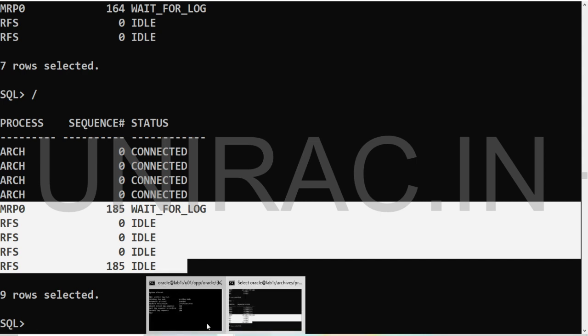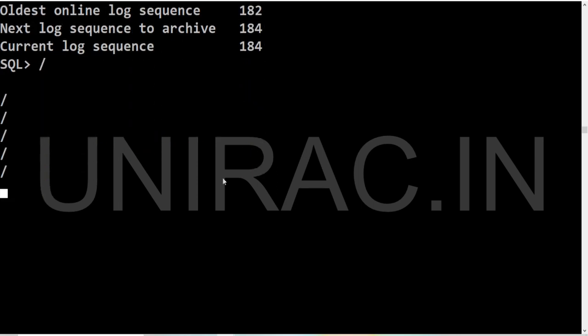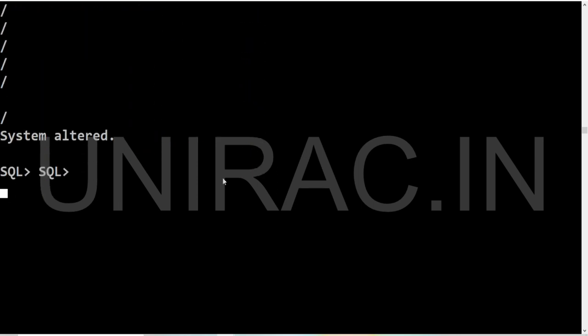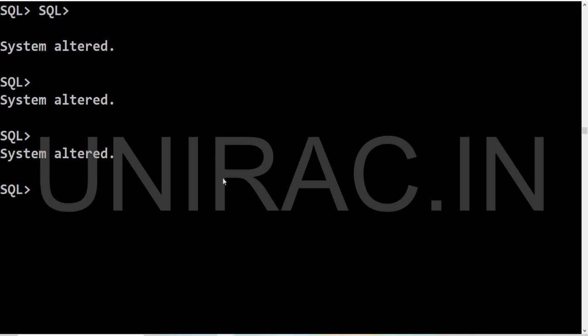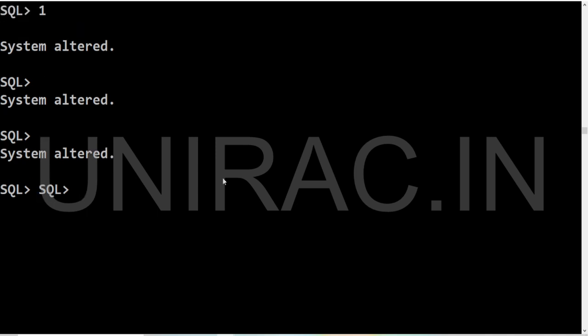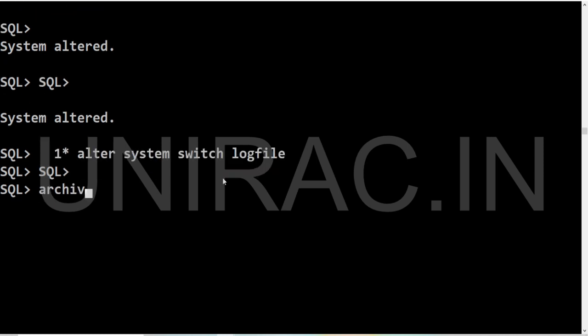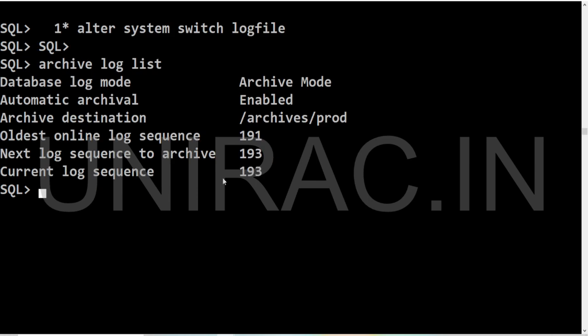We have waited for some time to get it shipped, but now we can switch again. I'm going to switch a few archives in primary. So this is the command, alter system switch logfile, and you can see currently 193 in your primary.